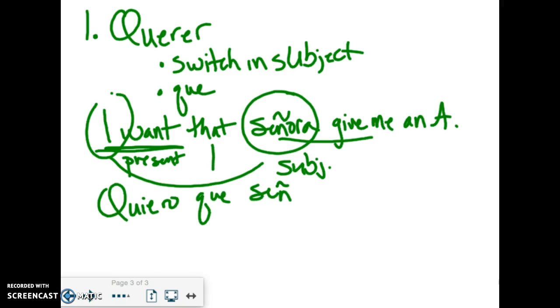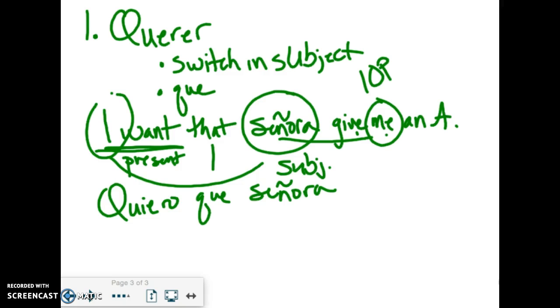Senora. Now, I'm going to stop it right here because we have got one extra thing. Give me. Now, in English, we say senora give me, but in Spanish, we say senora me give, right? And me is what we call an indirect object pronoun, or who or what is receiving an action.